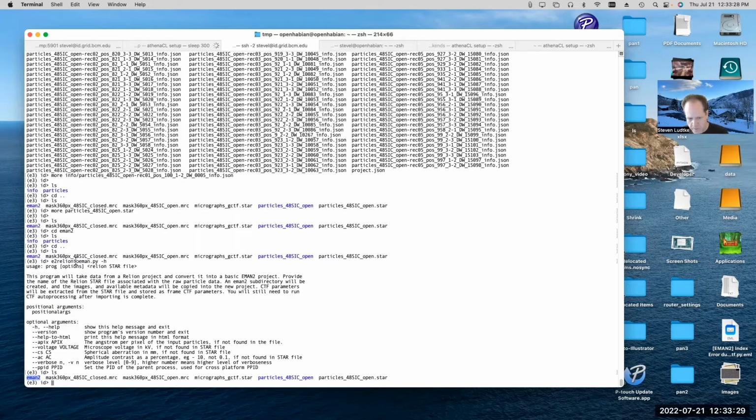The trick about this program is it preserved information about the micrographs. It preserved the angstrom per pixel and the voltage and the Cs and stuff like that, but it intentionally discarded all of the orientation information that was present in the star file. So the idea would be if you wanted to re-refine your data set in EMAN2 for comparative purposes, you could run this program, make an EMAN2 project, and run an EMAN2 style refinement in that same project, starting from scratch with all the orientation parameters, and make sure you get the same result.